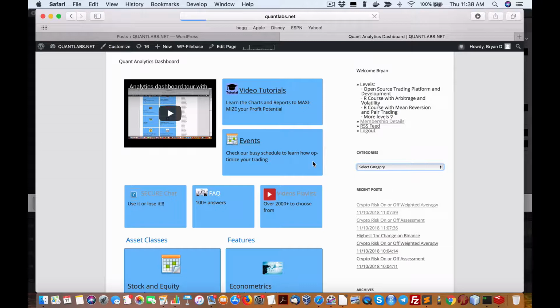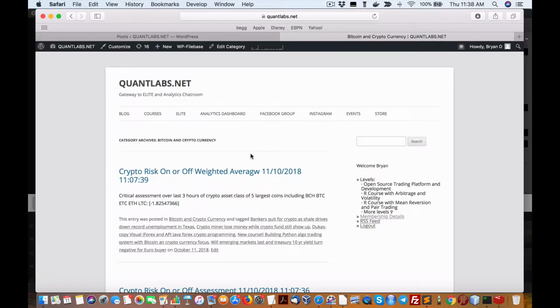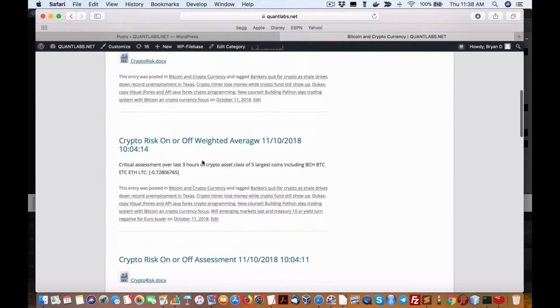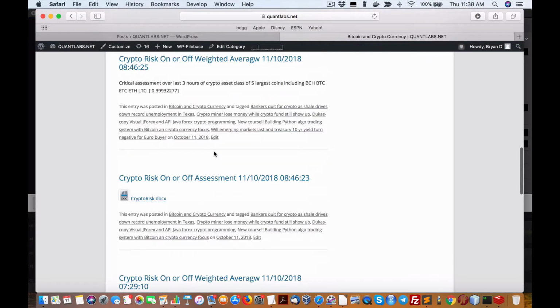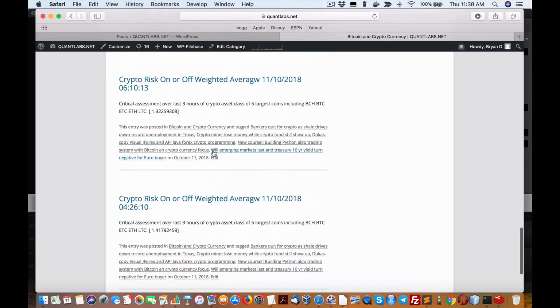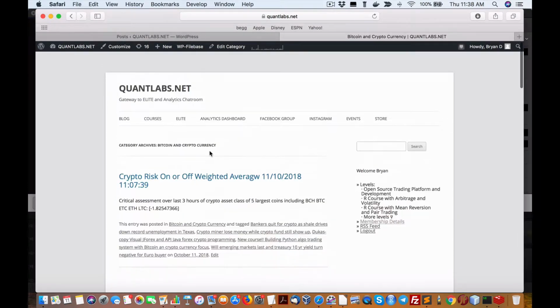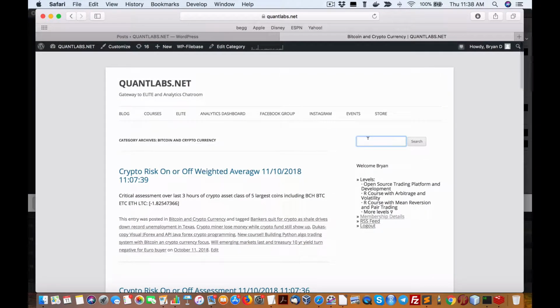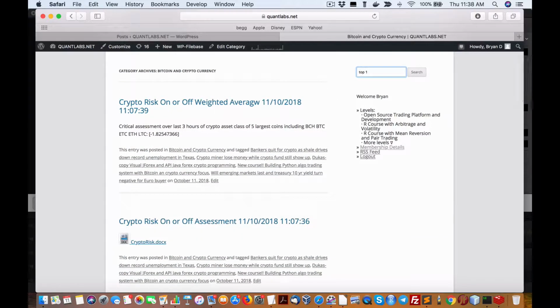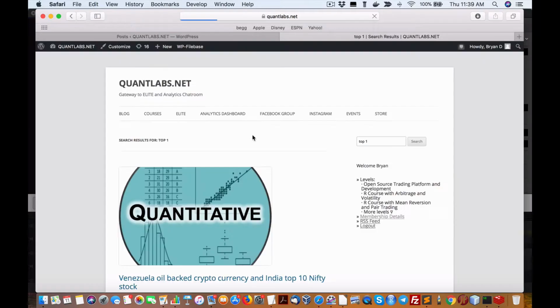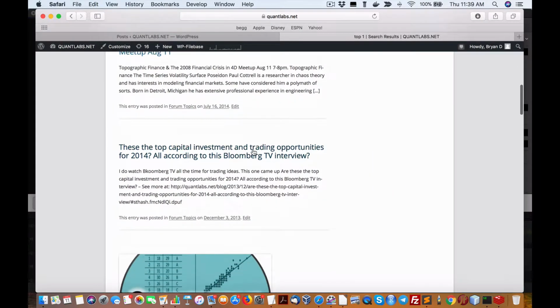The problem that you may have is that there are so many of these reports, like the risk on off is reported every hour. So there's one other report that can easily get lost in this, but I can change this over time. We want to look for a report called top, just look for top one. And what should happen is it should come back with the search results of,